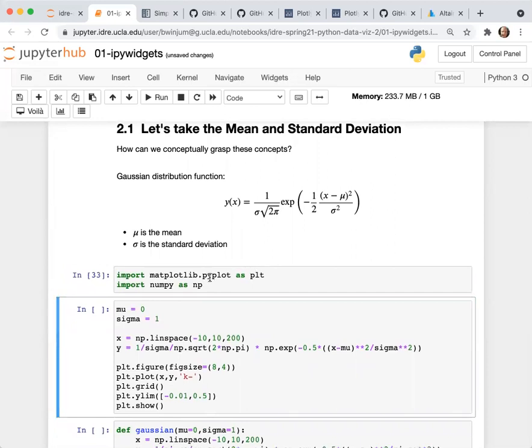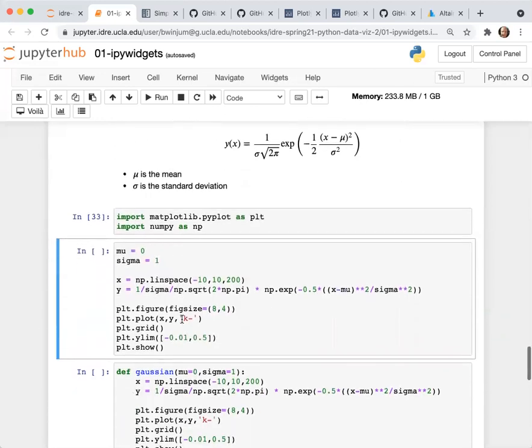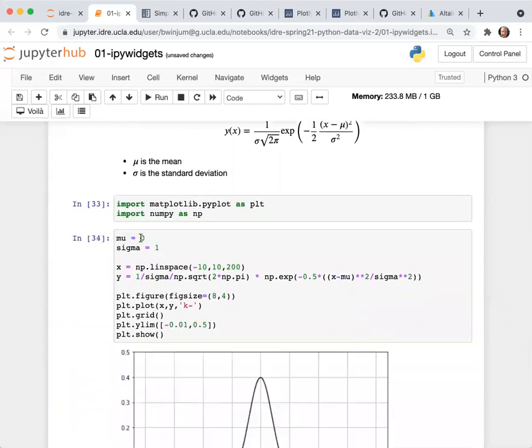PLT is going to be for plotting with matplotlib, and I'm going to use NumPy to generate basic numerical arrays. In the next cell, I explicitly set a value for mu and a value for sigma. Then I specify my X and Y. Linspace is generating a NumPy array from -10 to 10 with 200 points.